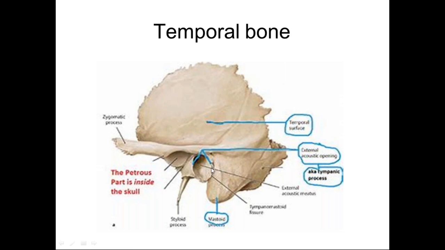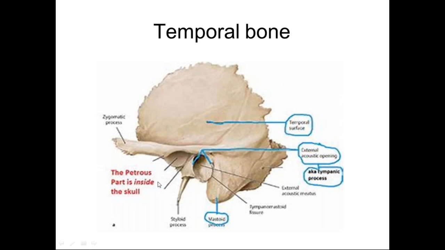Behind the opening of the external acoustic meatus, you have a strong thick projection. This is the mastoid process. In front of the mastoid process, a long tapering projection. This is the styloid process. This styloid process is known as the veins of chariot as it provides attachment to 3 muscles and 2 ligaments. Styloglossus, stylopharyngeus, and stylohyoid muscle. The 2 ligaments are the stylomandibular ligament and the stylohyoid ligament. So 5 structures are attached to this styloid process.